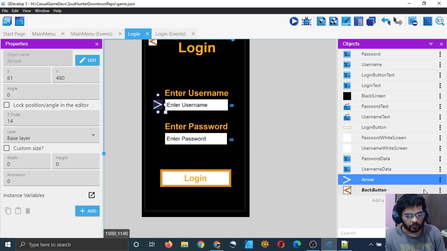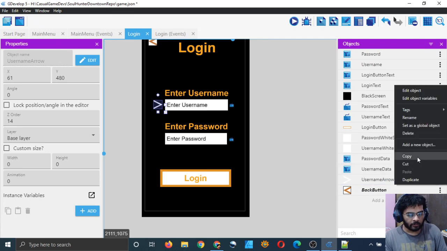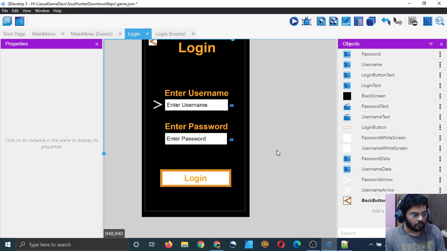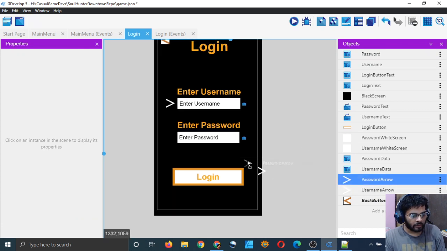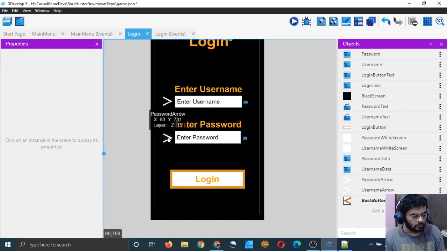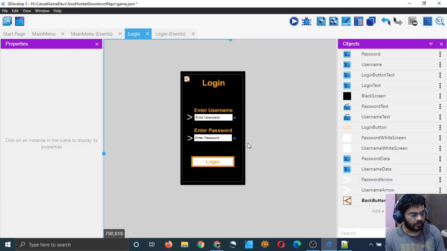By default, our arrow, I will make two arrows actually. This will be the username arrow, and there will be another which will be the password arrow. Duplicate, password arrow. So that's good, and I will drag the password arrow to my password, and by default their opacity will be 0.